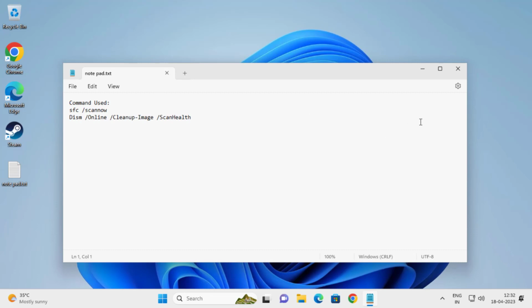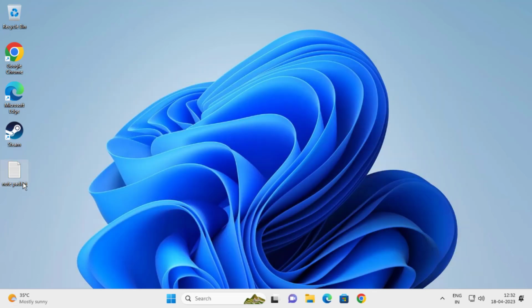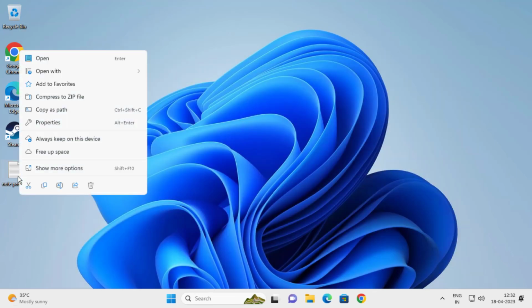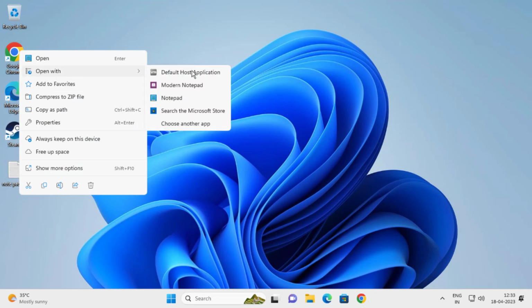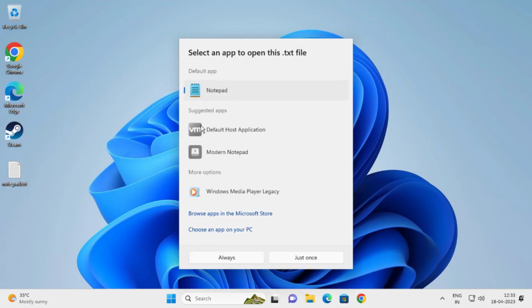If this didn't work for anybody, try this. This will definitely work. Right click on it and select Open with and choose another app. If Notepad is missing there, choose another app, click on it and select choose an app on your PC,